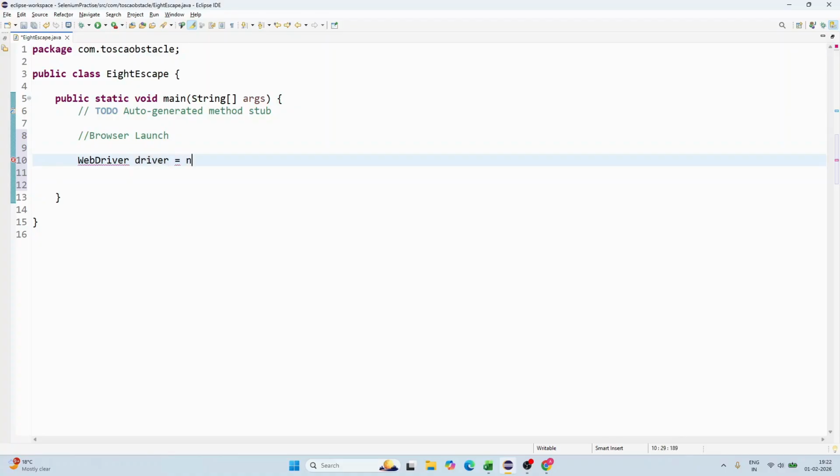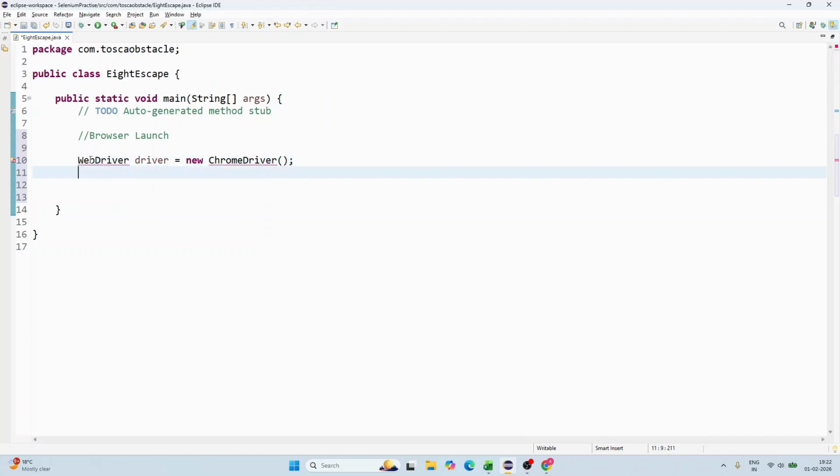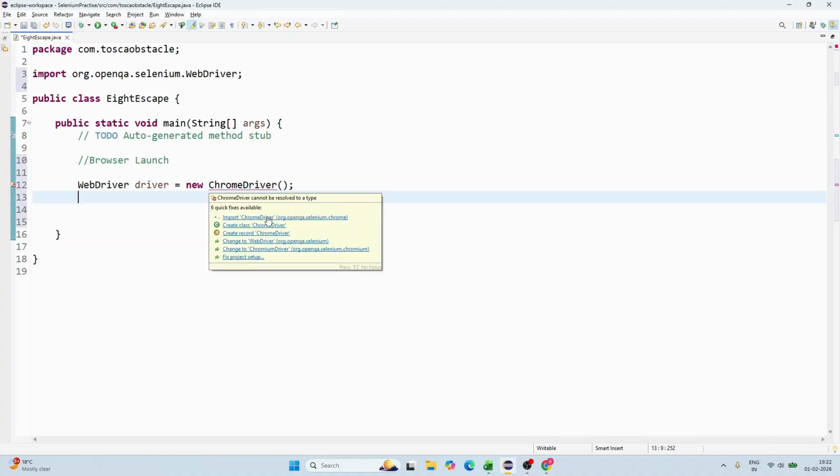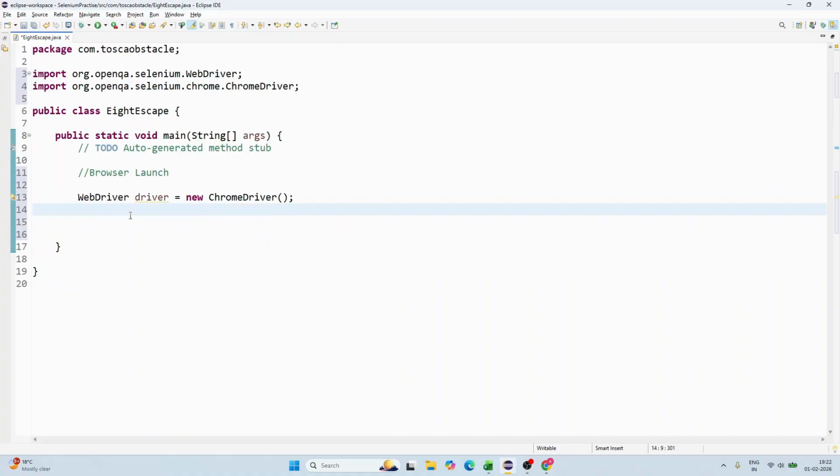WebDriver is equal to new Chrome driver. I don't need to write system.set property because I'm using the latest version of Selenium driver in which it is not required to write system.set property. Now driver.get